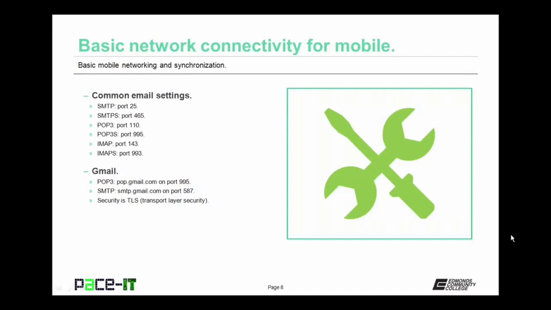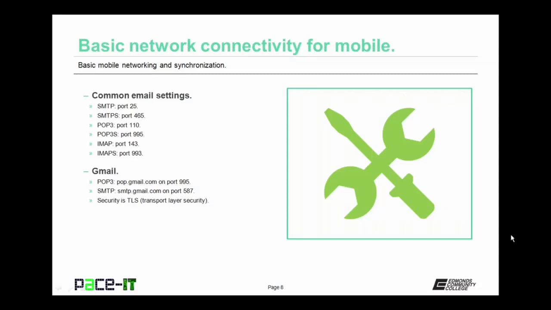SMTPS, which is the secure version, is 465. POP3 uses port 110, and POP3S uses port 995 by default. IMAP uses 143, and IMAPS, secure, uses port 993. The default configuration for Gmail would be